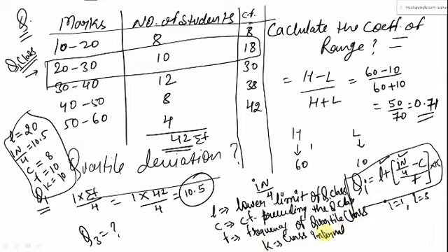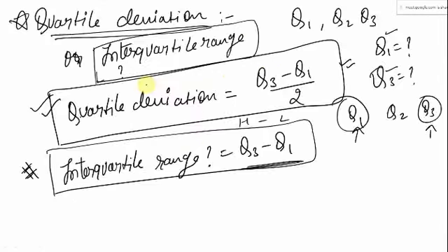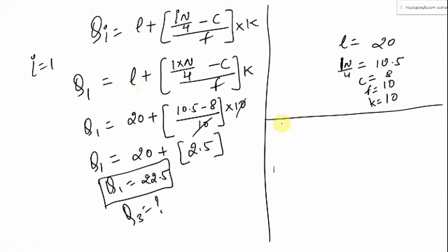So what is C? C is the cumulative frequency preceding the quartile class. Here, what would be C then? CF just before the quartile class. Like in our case, it is 8 for Q1. Okay, now how you are calculating Q3. So for Q3, let me give you some hint. For Q3, we'll be first finding out 3n by 4. That is 3 multiplied by 42 by 4. What will be the value for this?